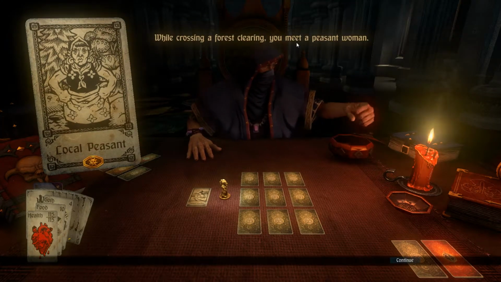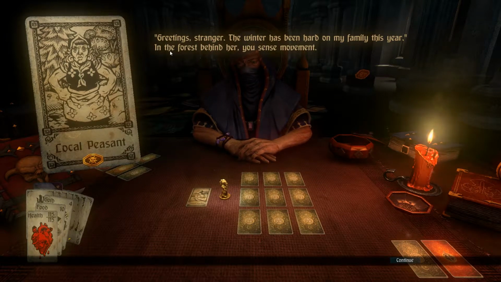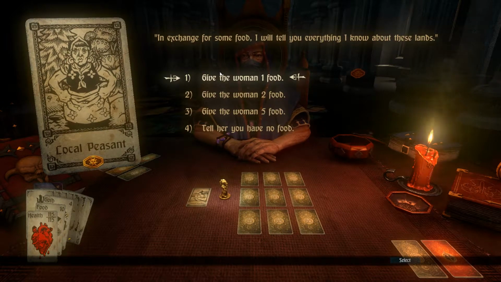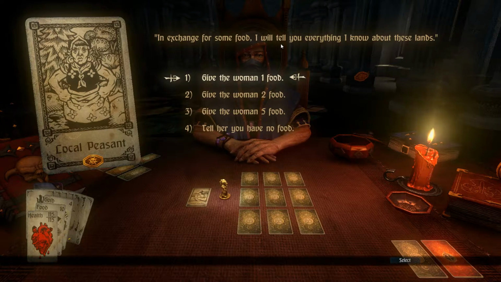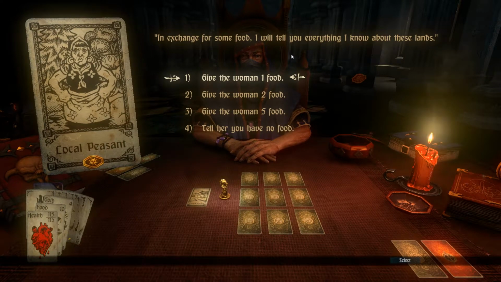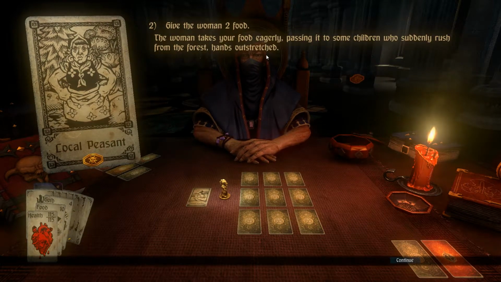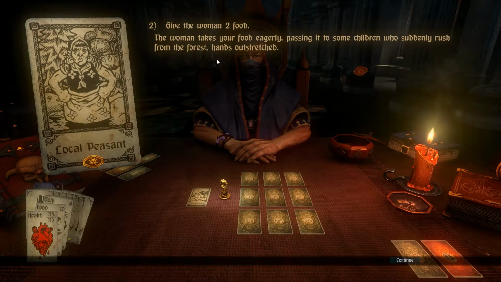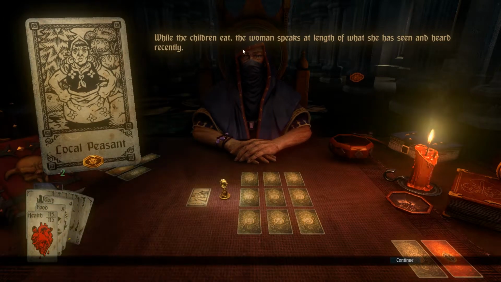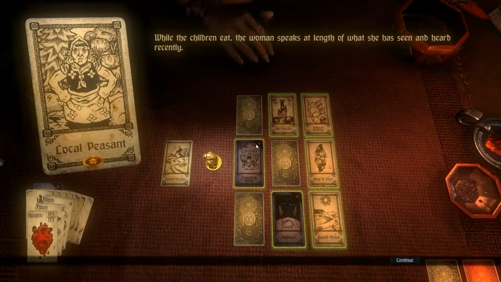While crossing a forest clearing, you meet a peasant woman. Greetings, traveler. The winter has been hard on my family this year. In the forest behind her, you sense movement. Oh, geez. In exchange for some food, I will tell you everything I know about these lands. So I got 10 food. I'll give her 2. The woman takes her food eagerly, passing it to some children who suddenly rush from the forest, hands outstretched. While the children eat, the woman speaks at length of what she has seen and heard recently. Oh, cool. So this will tell me...